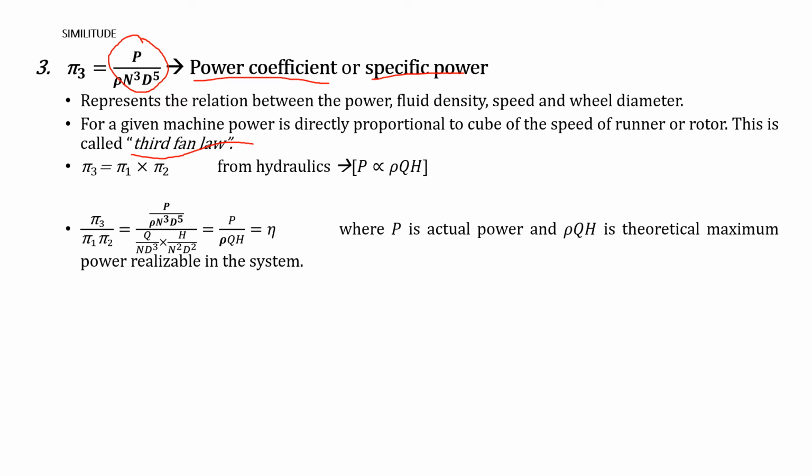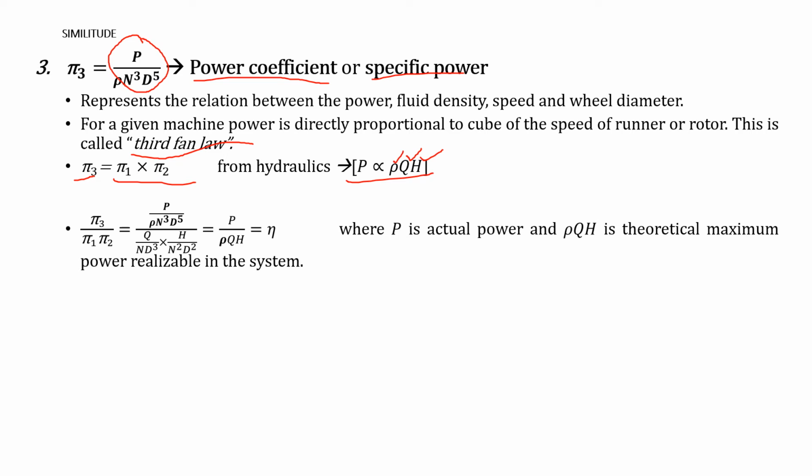I can get this pi 3 term by multiplying pi 1 and pi 2, the flow coefficient and head coefficient terms. If you multiply them, you will get this pi 3 term. From hydraulics we know that the power is directly proportional to the density, volume flow rate and head. So what I can do here is